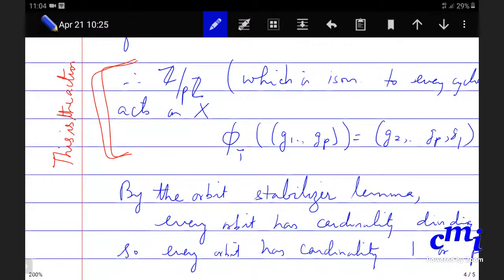Okay. So now I want to proceed with another application. There are various things of this orbit stabilizer lemma. That's the next step that I want to do. It is called the class equation, that is again saying something about